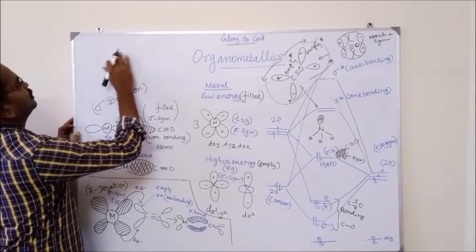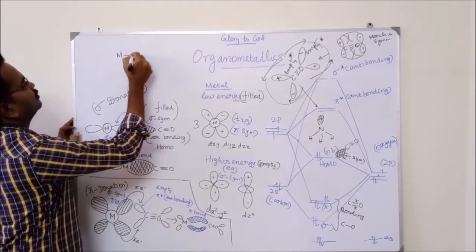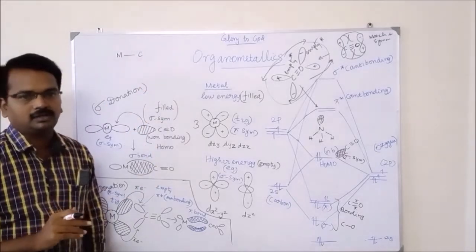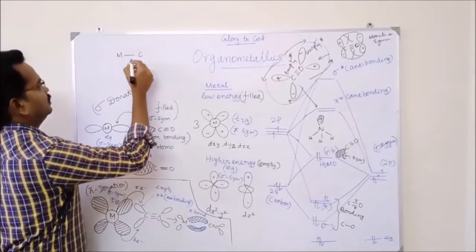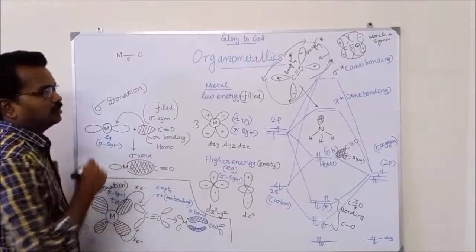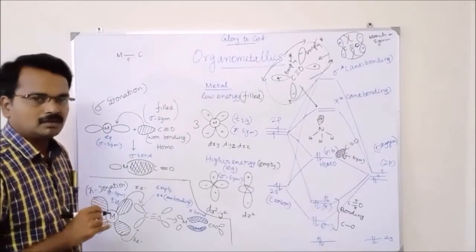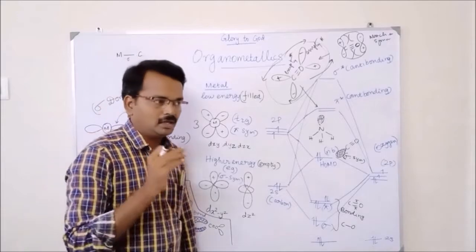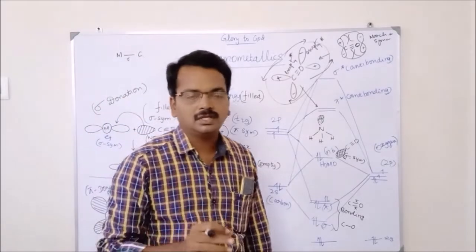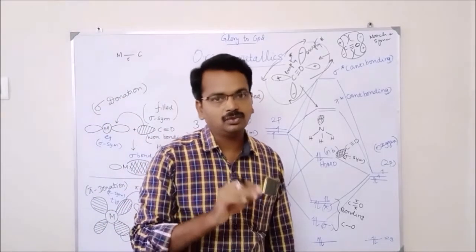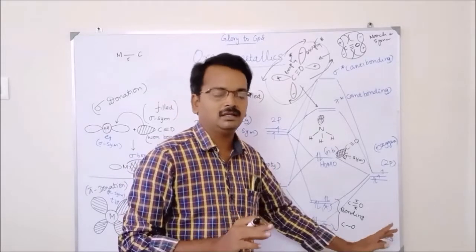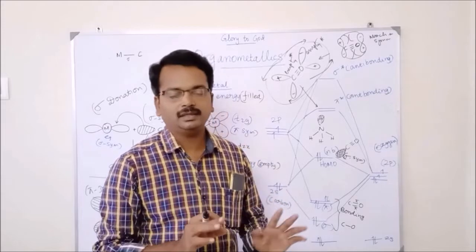First let us see the metal carbon bond formation. First, we must form the sigma bond. How does the sigma bond occur? How does a coordination bond usually occur? A coordination bond is a bond in which the ligand donates its lone pair of electrons to the metal. Likewise, carbonyl is also acting as a ligand.